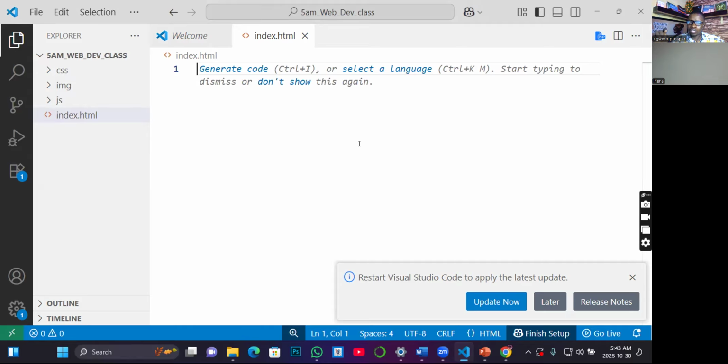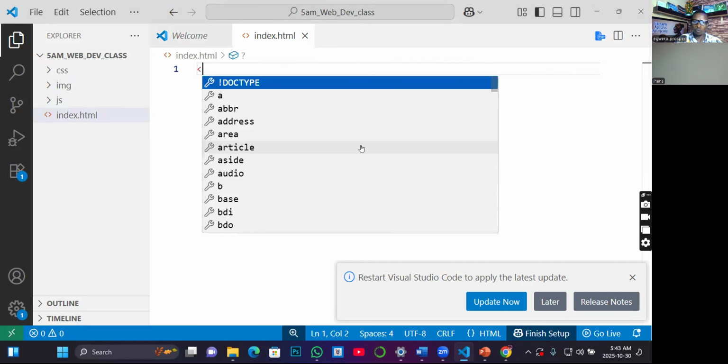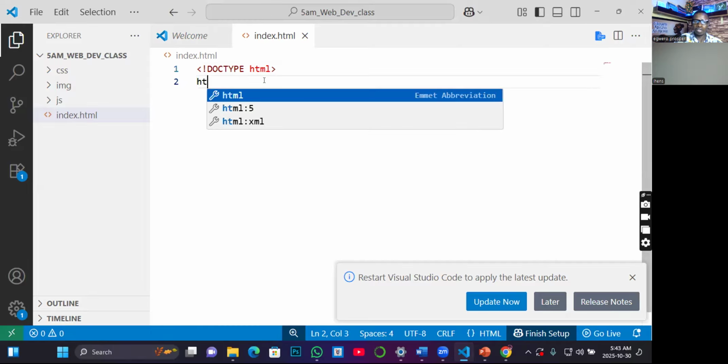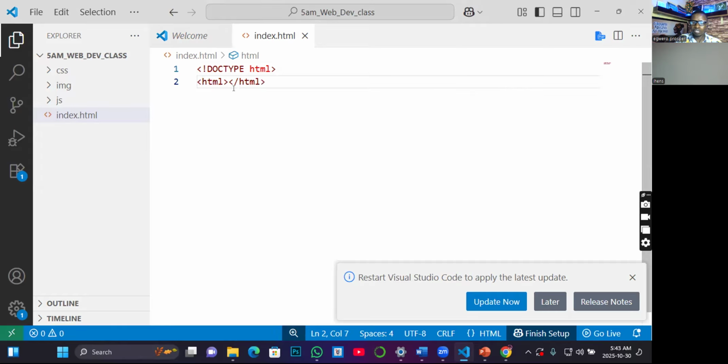For example, instead of writing the code from scratch, I would type, I'll open the bracket, I will write this line of code, because this is the first line of code you are supposed to write, which signifies that the type of document you are creating is HTML. And then you come down and say html, you open this, then you expand it, and then you come here and begin to add